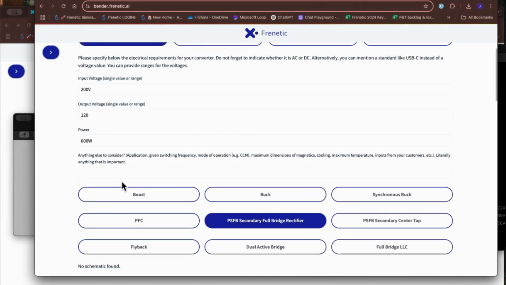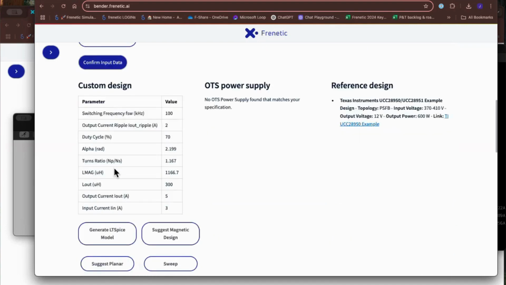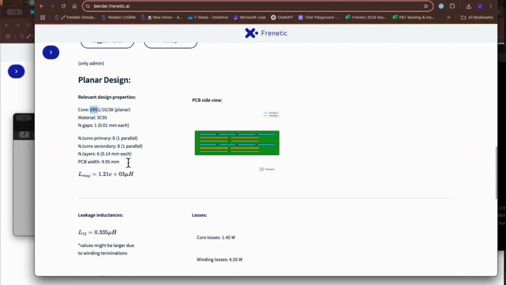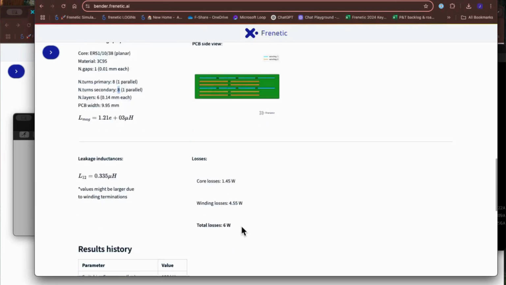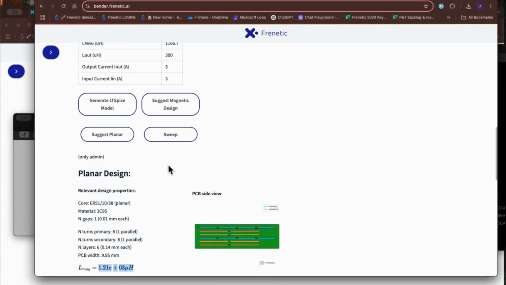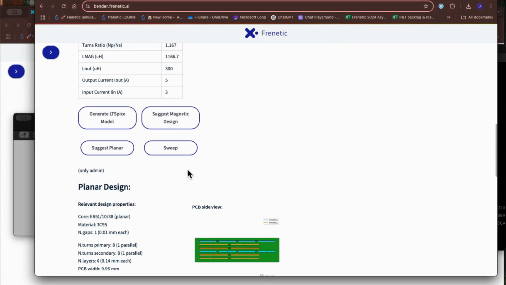So for this full bridge phase shift of 600 watt, we generated this case on ER51 3C95. We have 8 turns in primary and 8 turns in secondary, and these are the total losses, 6 watts. We can see that the way that we present this is 1.2 millihenries, but it is a very nice way of representing this. And the interesting thing that I want to show you is what is happening in the back,